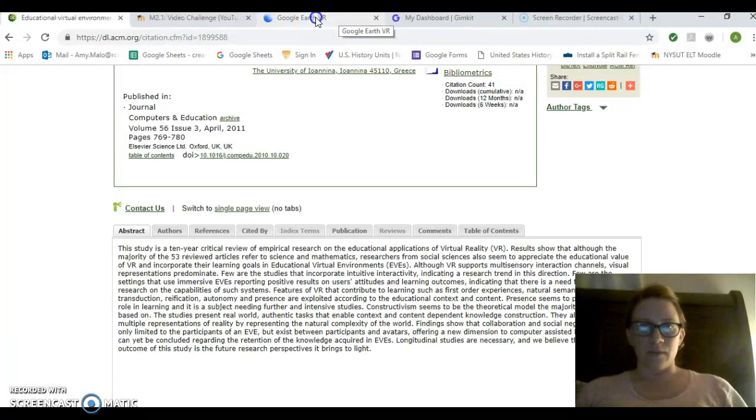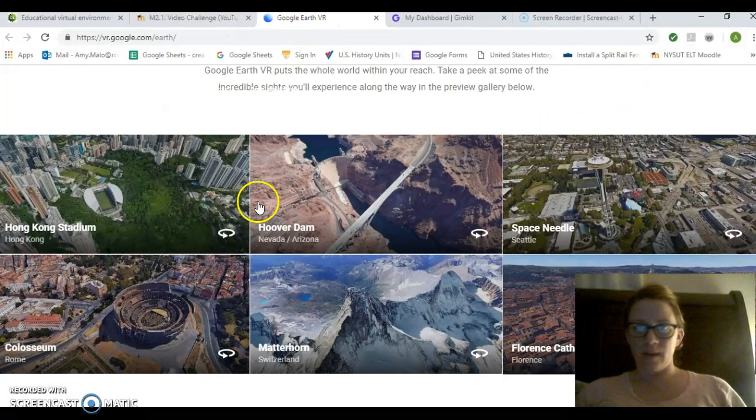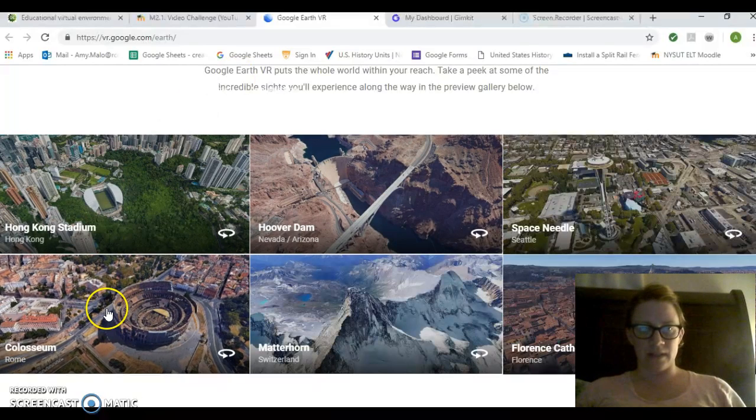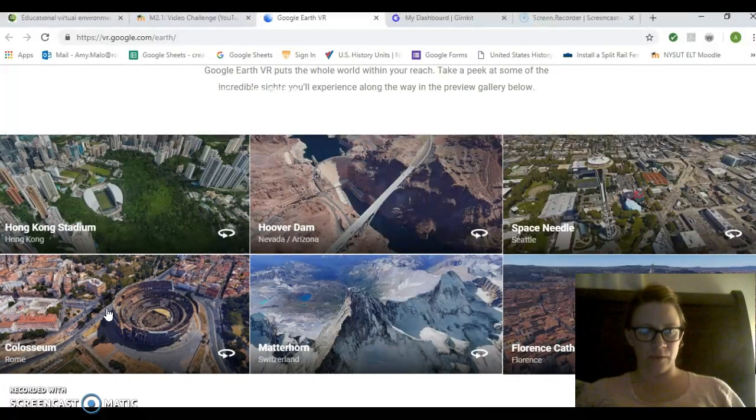I just realized we're on a different screen. Here we go. This is the one I wanted. So this year, I probably wouldn't be able to tackle a whole virtual island like we're doing in this class, but I have been looking into these Google Earth virtual realities and getting some subscriptions at my school. And these are just little samples, little intro